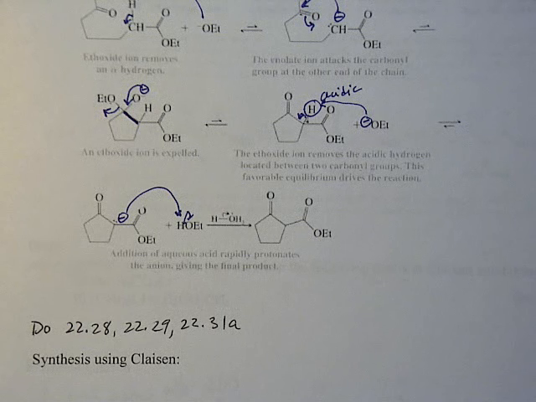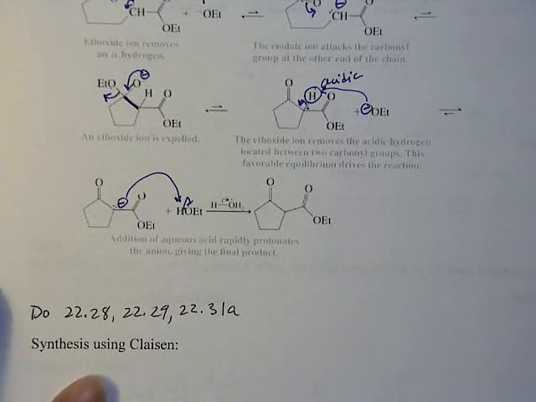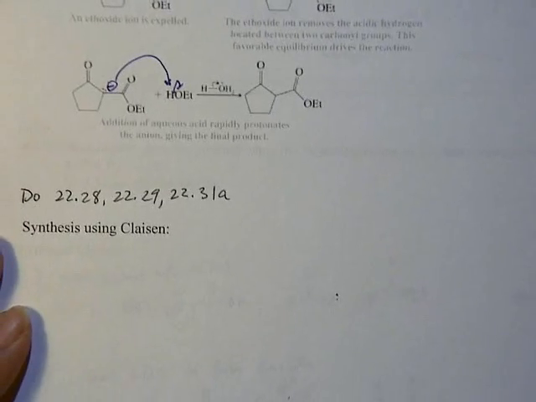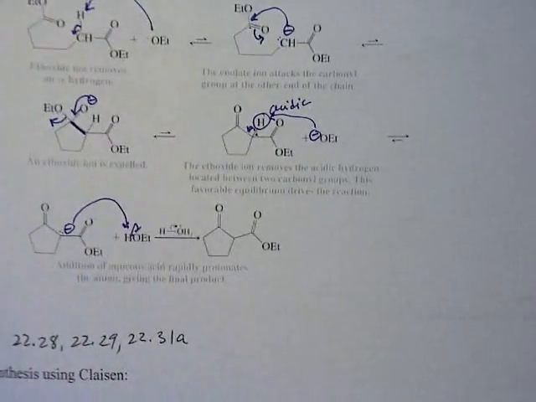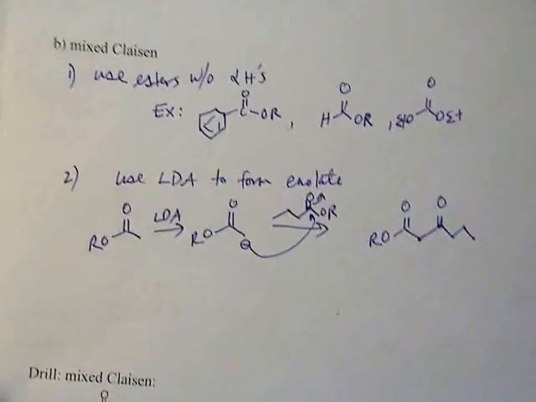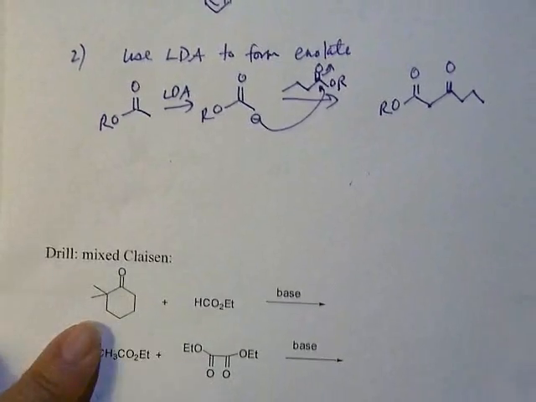I'm going to move on to looking at how to do synthesis using Claisen, but before you attempt to do these problems, what I want you to make sure is that you know the forward reaction. Be able to do problems like this, or the drill problem, before you even attempt to do